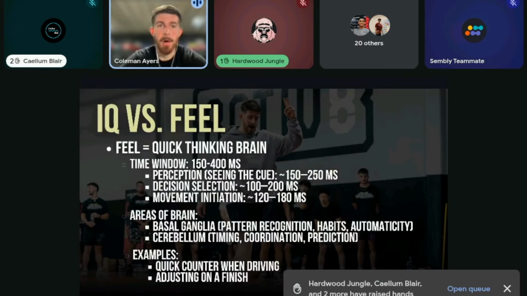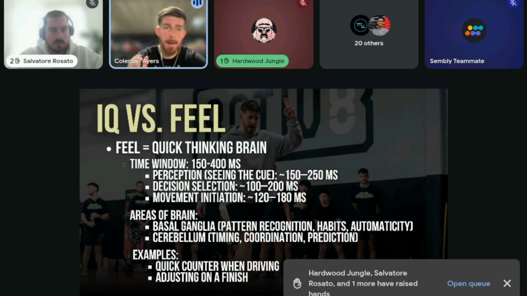And now we'll quickly discuss decision making, which really keys in, I would say, on that perception and decision in that cycle. So I always break this down between IQ and feel, right? When we talk about any decision that you make on the court, I think you would be surprised at how many decisions we actually make on a game-to-game basis. It's probably, and I'm not saying this as an over-exaggeration, tens of thousands of decisions.